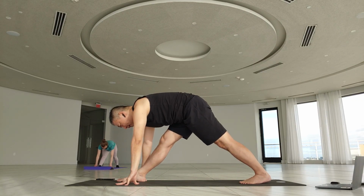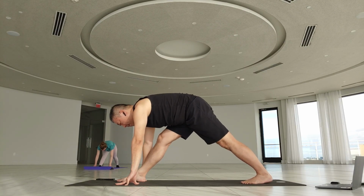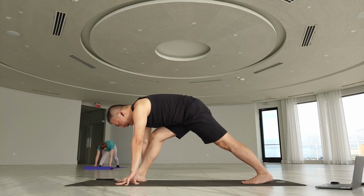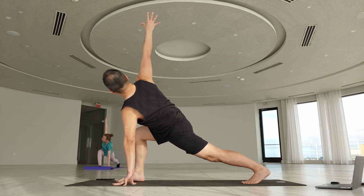You don't have to go full extension. And then bend the front knee again 3 times. Lengthen your right leg. Bend the front knee. Lengthen. And bend. Left hand stays down. Right arm up to twist. And then we're going to take that lengthening and bending of the front knee as we take circles with the